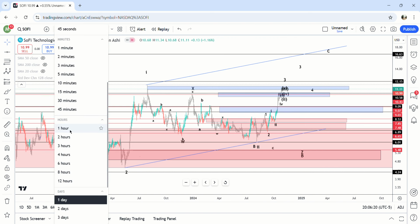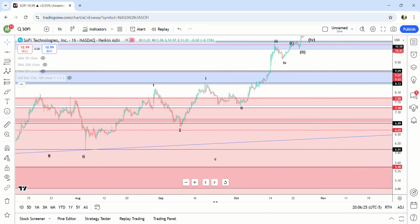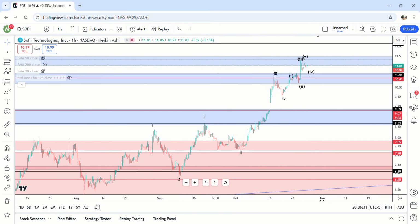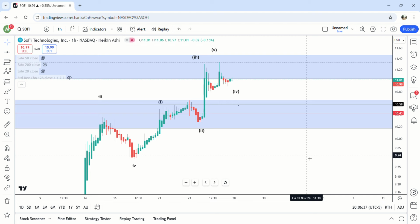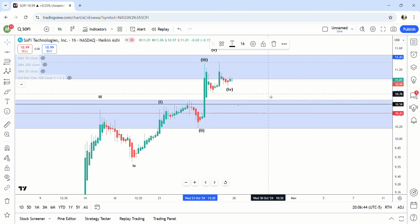So now going down to the hourly, and this is really all you need to focus on. So we have 1, 2, 1, 2, 3, 4. We're in a 5th wave of the overall third wave. To me, this looks most likely like we're in a 4th wave right here. So it looks to me like this is a,